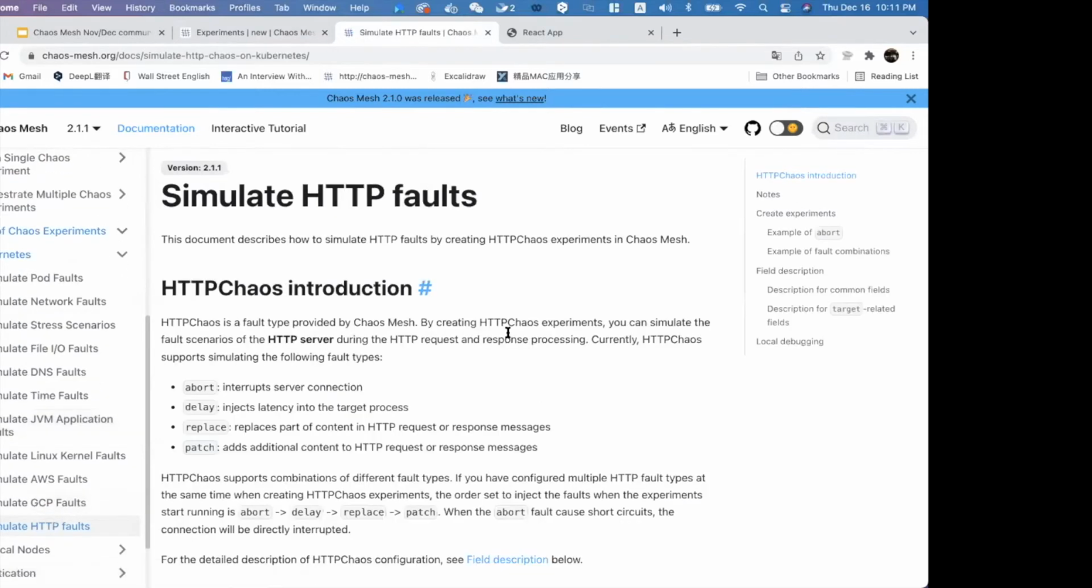This is HTTP chaos, and you can use this to simulate the fault scenarios of the HTTP server during the HTTP request and response. It supports simulating HTTP request abort and HTTP request delay, and you can also replace the HTTP request header and response header,